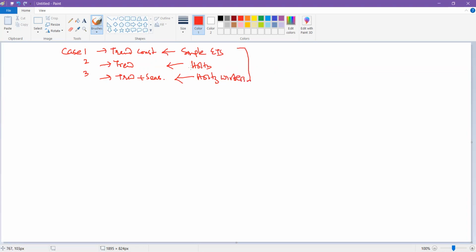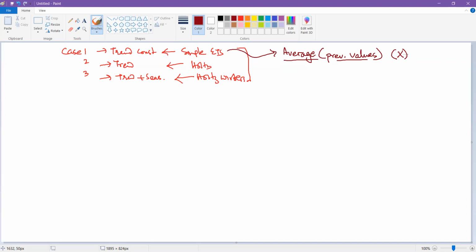So now let's try to break down what is really happening inside these methods. Let's start from the very traditional methods. The easiest and most commonly used traditional method is what we saw in the simple ETS method: take the average of the previous values and simply output it. This is not a very good solution because it does not scale to all scenarios. It really does not work in all of the scenarios.